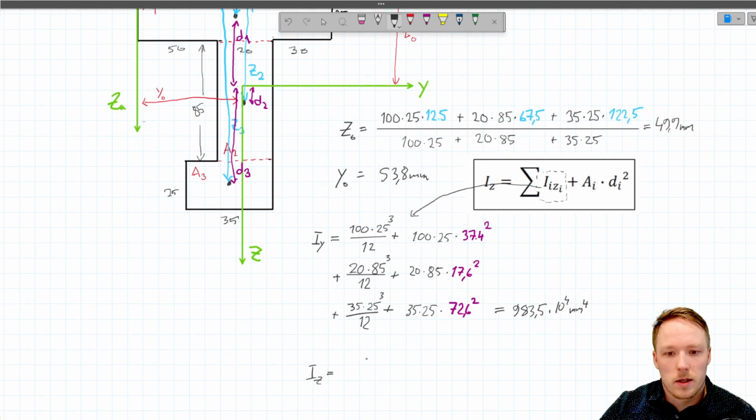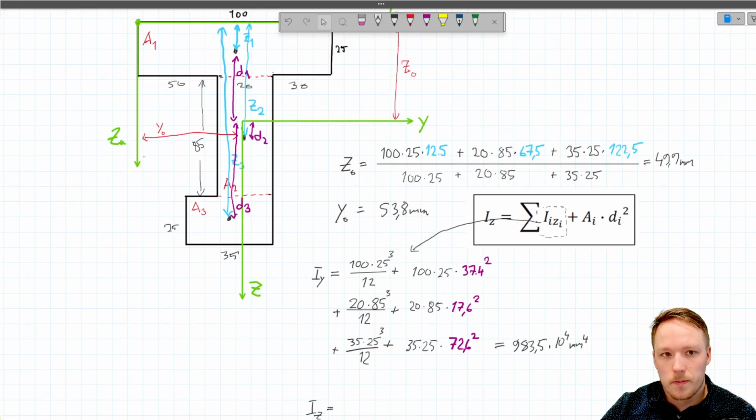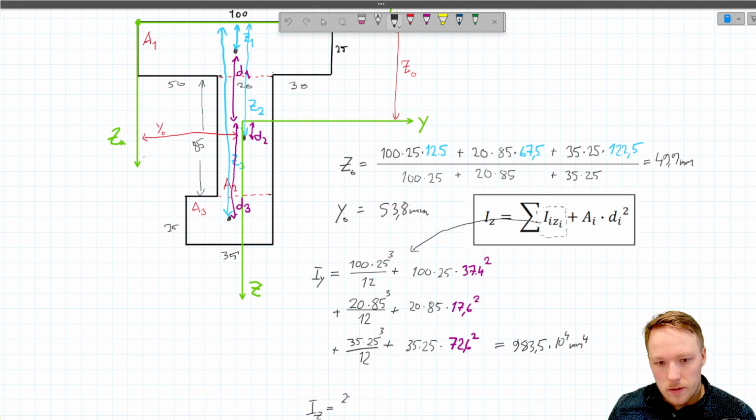So the second moment of inertia of area 1 around z-axis will be 25 times 100 power to 3 divided by 12. So now you understand that 100 is now the height, because we're rotating it around z-axis, not around y. And then we have to add the Steiner term, which is the area,